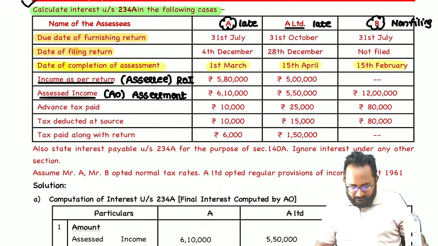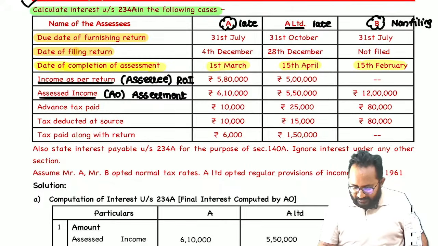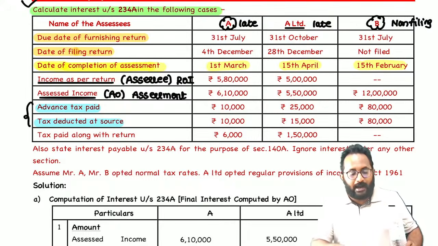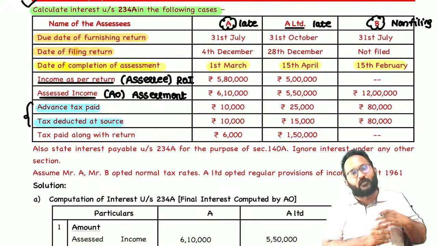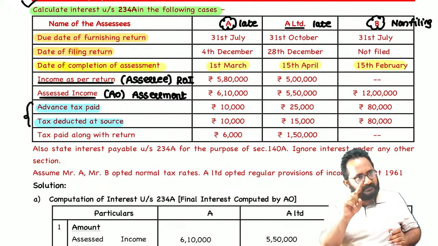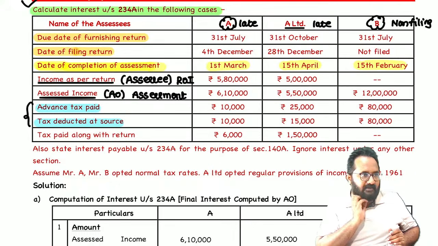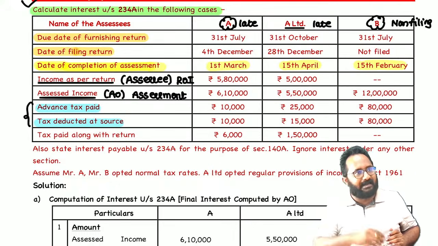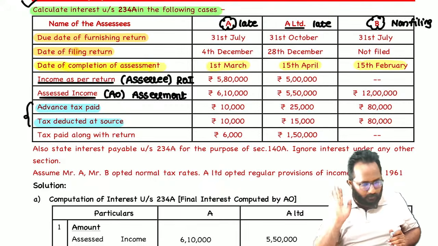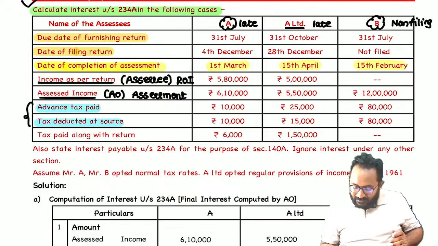Understood? Yes. Advance tax paid details are given. TDS also given. What is it used for? We can take it as a credit while calculating the shortfall. SSC tax minus TDS, TCS, relief under section 89(1), AMT credit, MAT credit, and 1991 related DTA reliefs also we have to reduce.